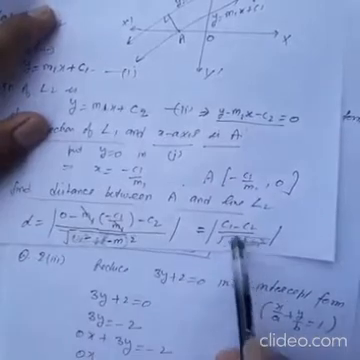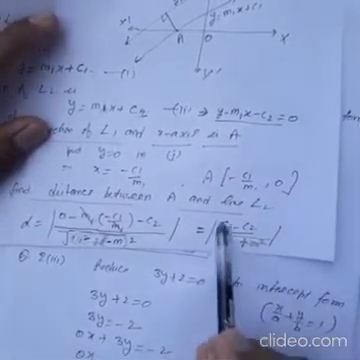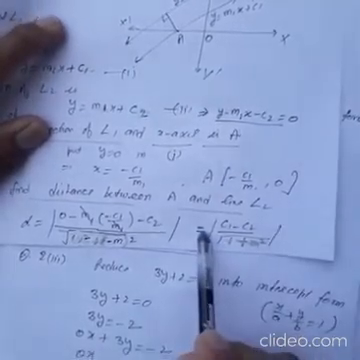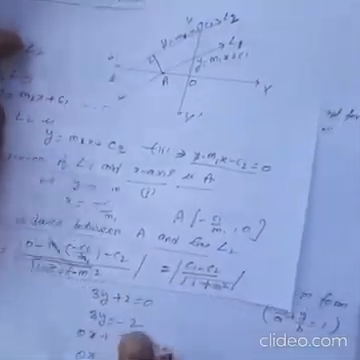It will be |c1 minus c2| upon the square root of 1 plus m square. Why do we take the mod? Because distance can't be negative, so it should always be positive. So this is the distance between parallel lines. Now